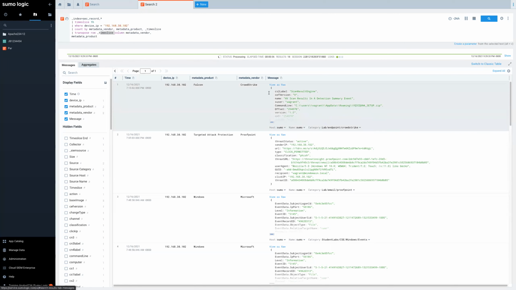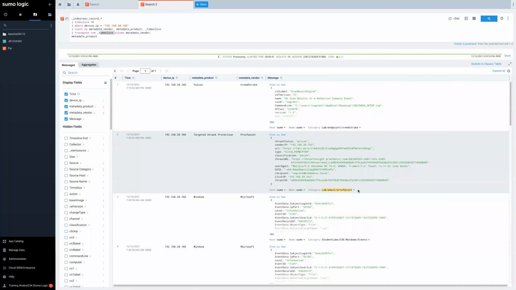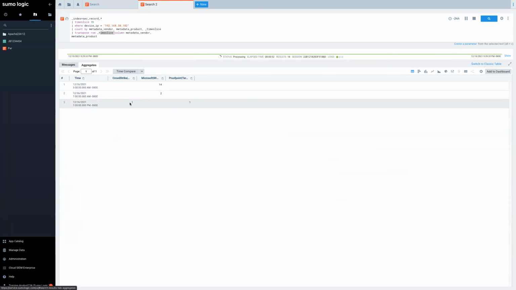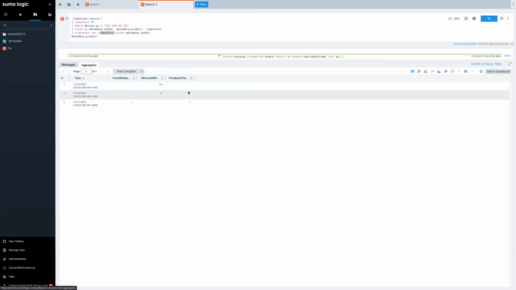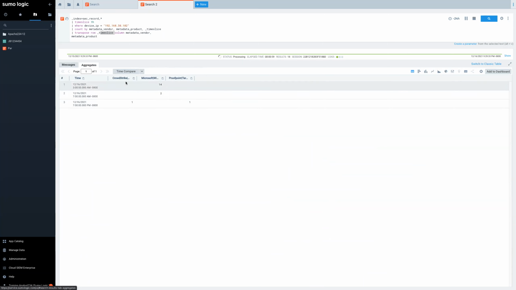That's what we're getting in the aggregates here. What we're starting to see is essentially where this IP address is showing up in relation to other things in the system. It's showing up related to Proofpoint. And if we go to the aggregates, we get a better visual of this. It's showing up in CrowdStrike. So we're starting to get potentially some understanding about this IP address, whether it's bad or good.